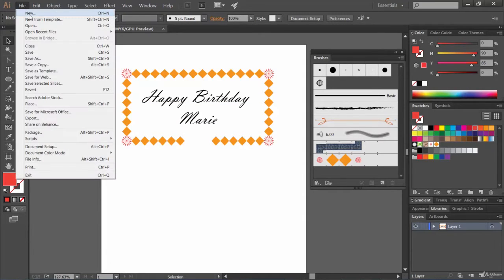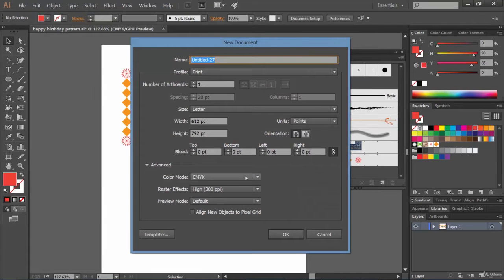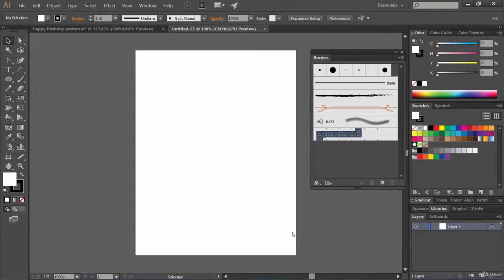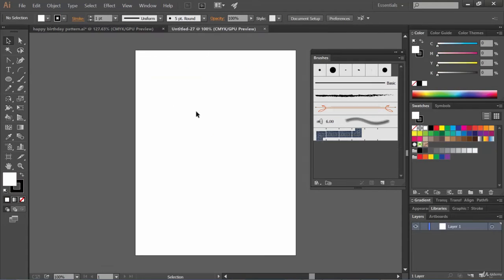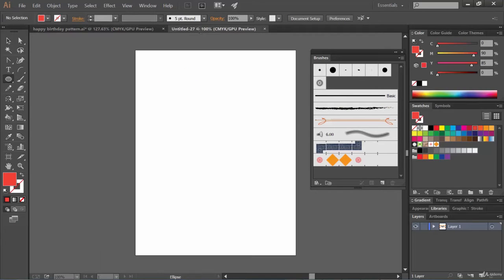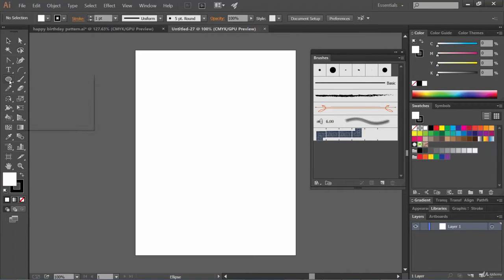So for that, let's go to file, click on new to create a new document, click on OK. And now, first of all, we need these rhombus kind of shapes and this flower, right? So, first of all, let's create this rhombus shape. And how we can create that? Using the ellipse tool. So, first of all, let's select the ellipse tool and draw a circle